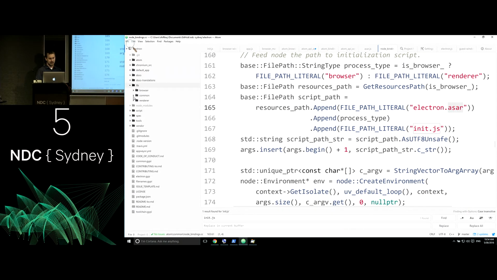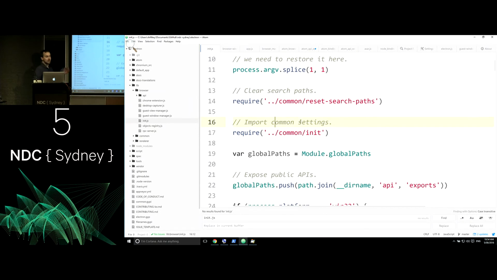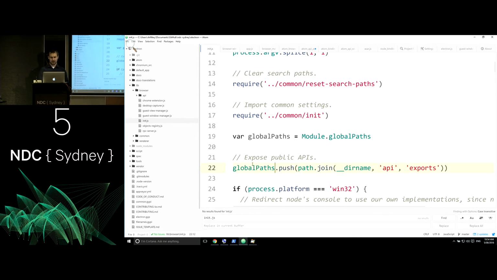But all this stuff is under lib. So lib, in this case, let's go with browser. And let's go with init.js. Let's pop this baby open. So we have some common functionality to both, but then we dive into the module global paths. Hang on a sec, what's this guy? So initializing